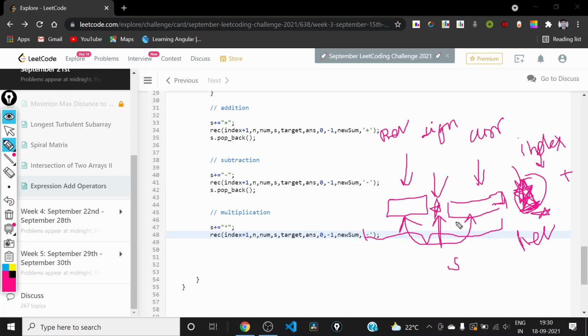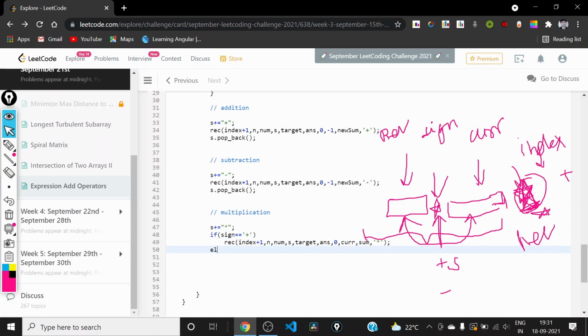And if the last sign was positive or negative, then the previous will be equal to plus current or minus current. This is what we were doing earlier in the addition part. So we need to make cases. If the sign was positive, then the previous will be plus current, and sum will stay sum.